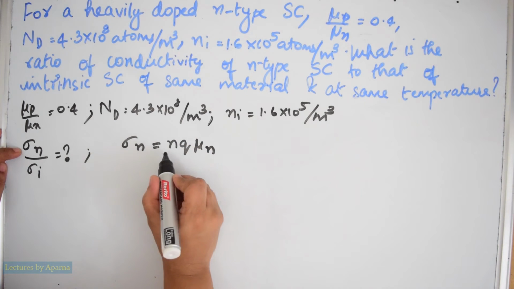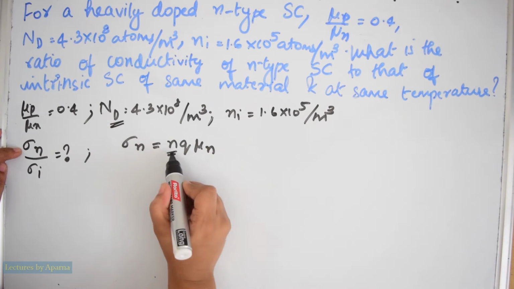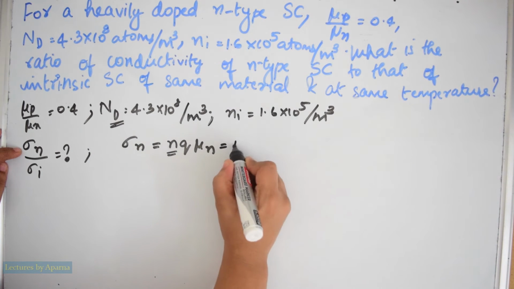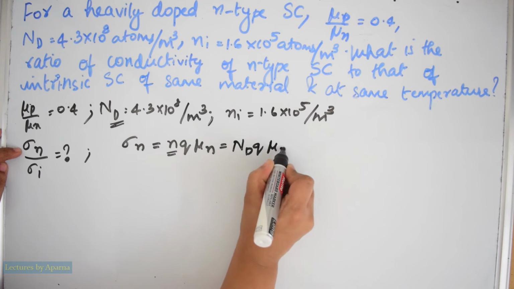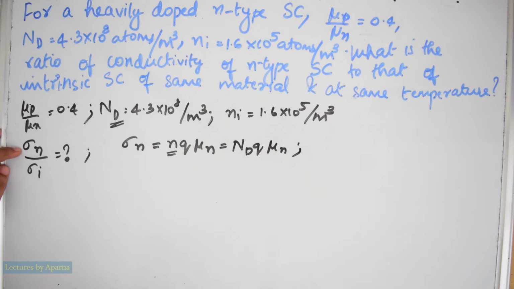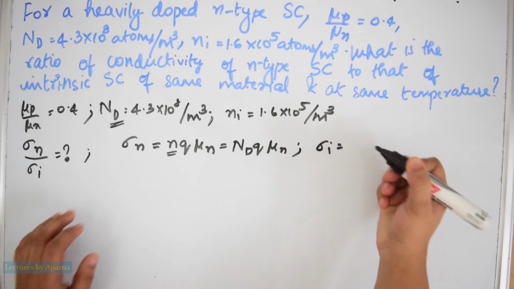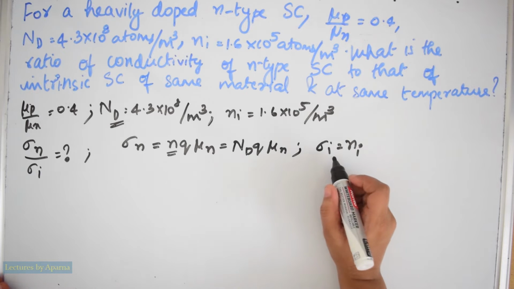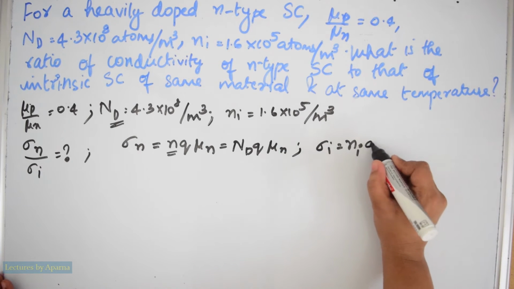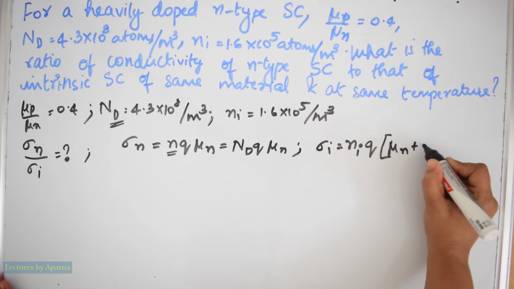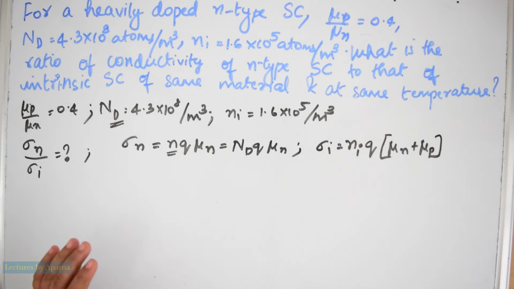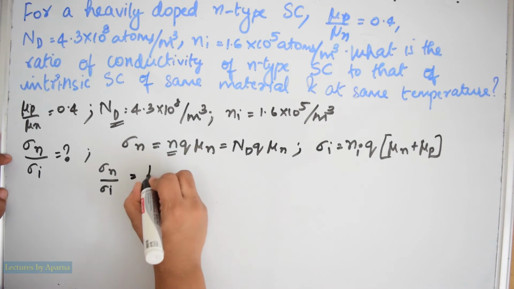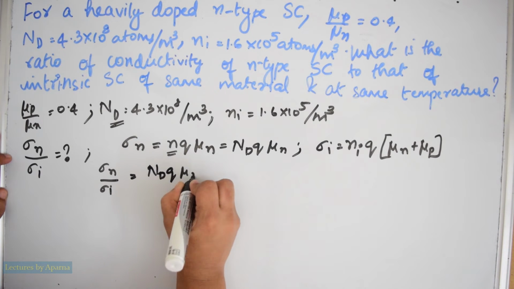So for an n-type semiconductor, the number of charge carriers is equal to the doping concentration Nd, which is equal to Nd q mu n, and conductivity of intrinsic semiconductor sigma I is equal to Ni q into mu n plus mu p. Okay. So we have to find sigma n by sigma I, which is equal to Nd q mu n divided